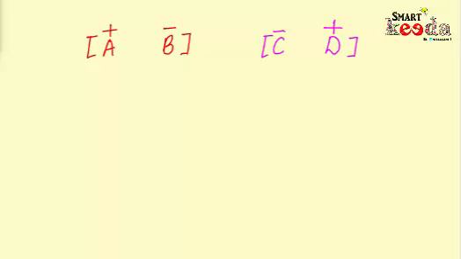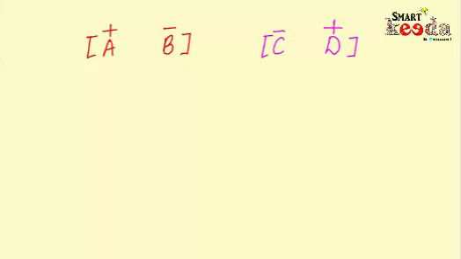Now I am going to draw a bigger tree here, and after I draw the tree, we will try to infer the relationships people share with one another. I will first denote a couple A and B, where A is of plus sign and B is of minus sign, and since they are a couple, we will put them in square bracket. Next I will denote another couple C and D, where C is of minus sign and D is of plus sign, and since they are a couple, we will put them in a square bracket.